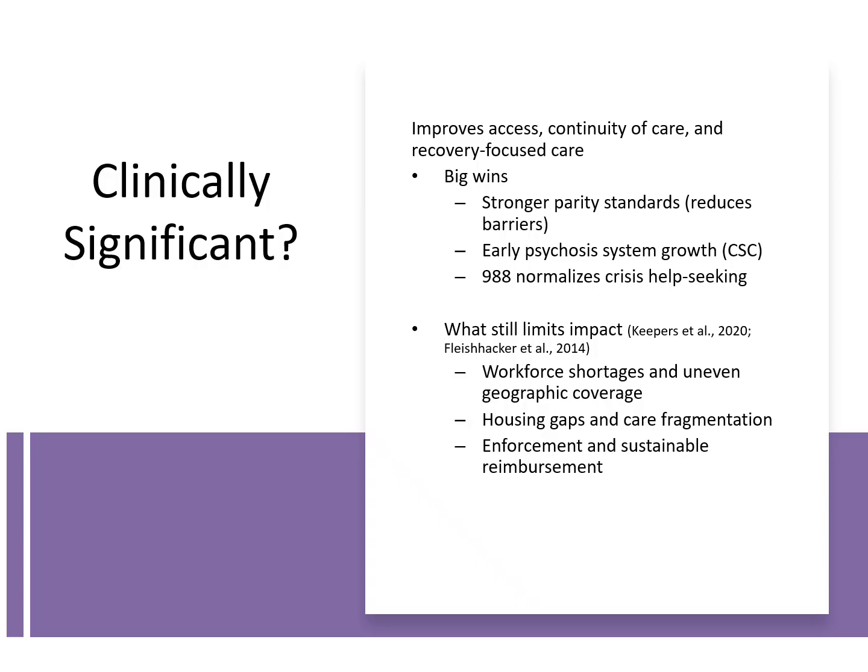And CSC expansions are promising because they operationalize the idea that schizophrenia care is recovery-oriented and community-based, consistent with clinical guidance like the APA schizophrenia guideline. My bottom line opinion, policy has moved in the right direction, but effectiveness depends on local capacity, workforce, housing, and Medicaid payments. That's the only way to sustain funding beyond time-limited